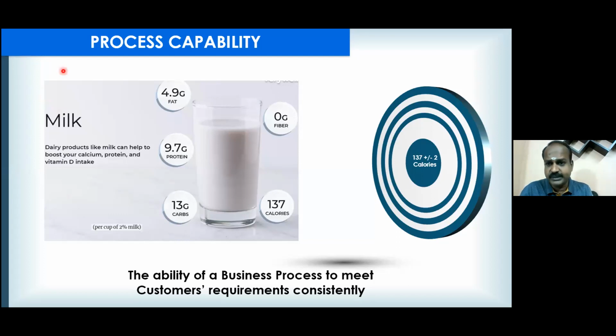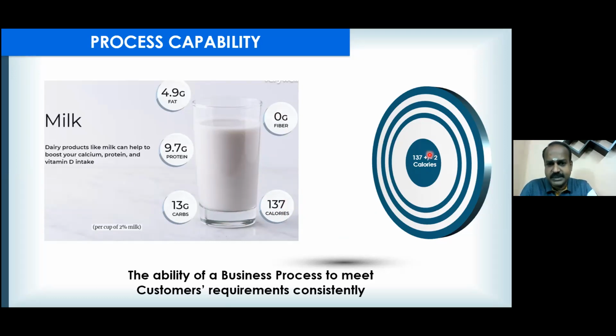And each and everything you are seeing here is known as a technical specification. Hereafter, we are going to call them CTQs. CTQ means critical to quality. Let us take one of the CTQs, calories. How many calories do the customers expect from a pack of milk? 137 calories. And tell me, every day you produce 1000 milk bottles. Will you be able to ensure exactly 137 calories in each and every milk bottle? Difficult. So the customer gives you some tolerance. That is written here, 137 plus or minus 2.